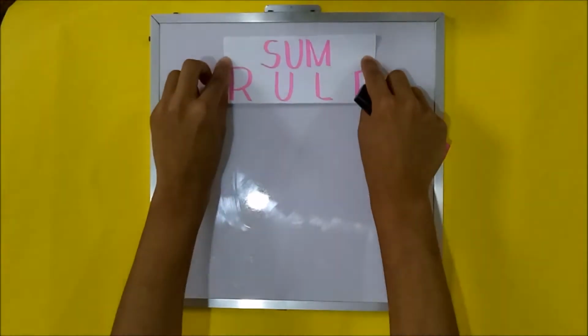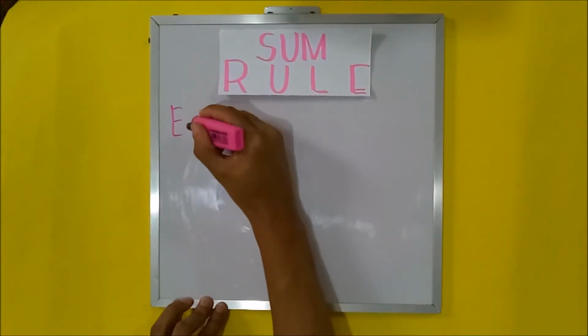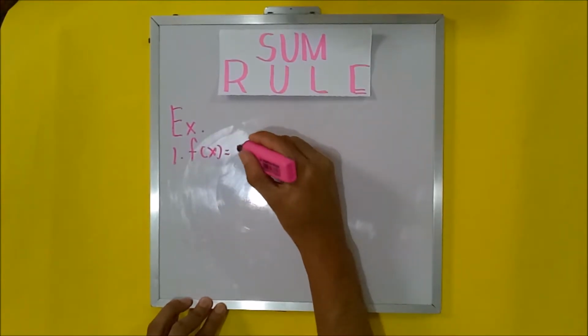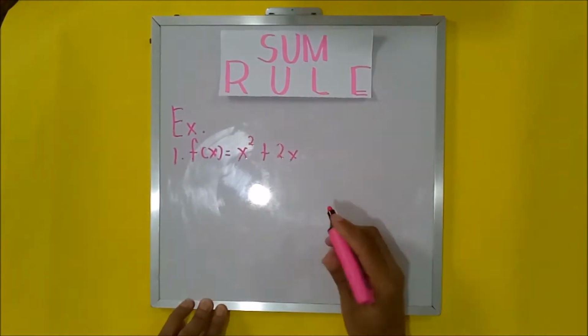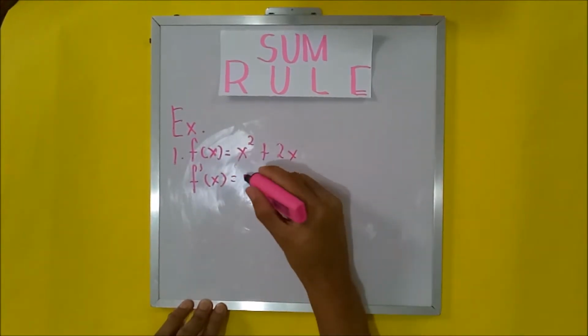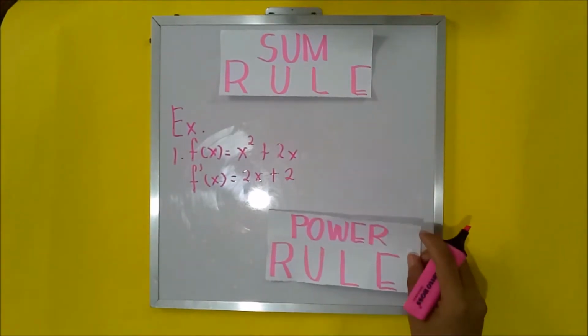Then, we have the sum rule. If f of x is equal to g of x plus h of x, where g and h are differentiable functions, then f prime of x is equal to g prime of x plus h prime of x. For example, f of x is equal to x squared plus 2x. We differentiate x squared and 2x individually using the power rule, which will become f prime of x is equal to